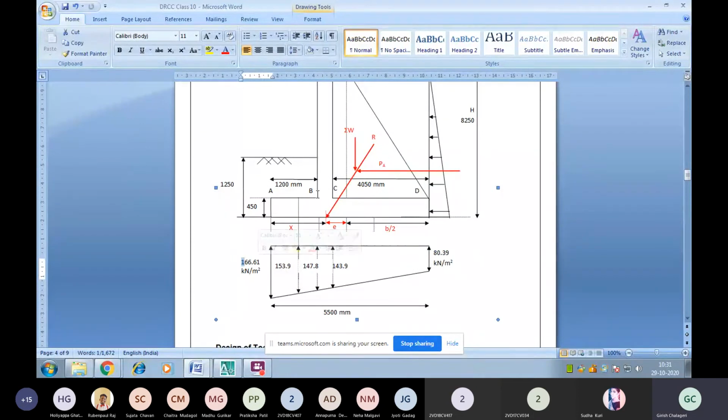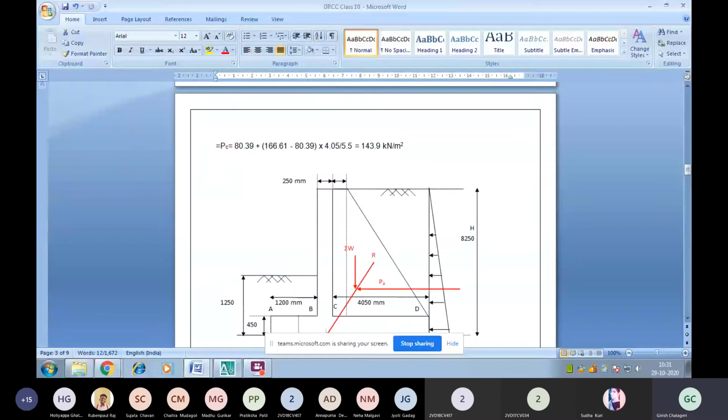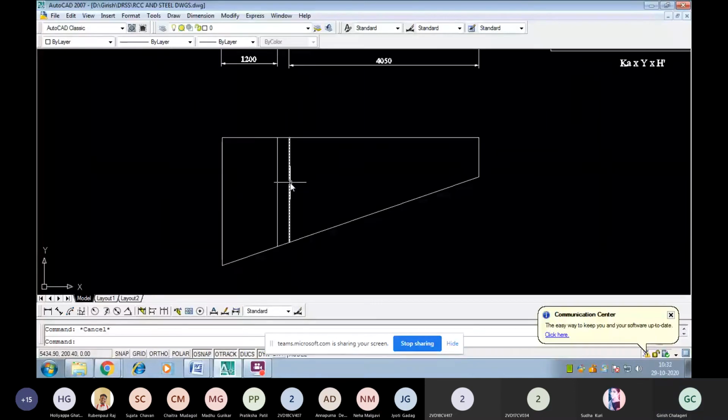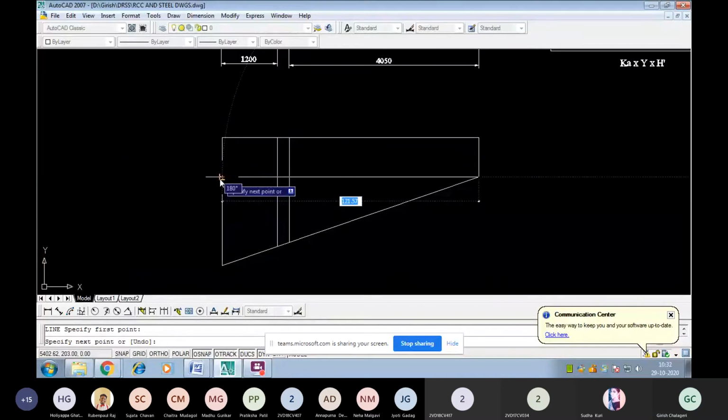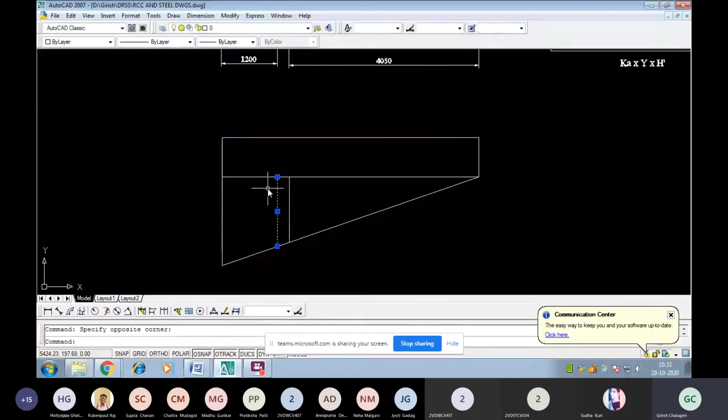But in between, at the junction of B and C where the stem is, we get 148 and 143, which is found by a similar triangle equation. We can see similar triangles here. When we draw a horizontal line like this, I want to find this height. So, total height by this length. How do you find the height of this one? I will show you. How are you finding the height of this?